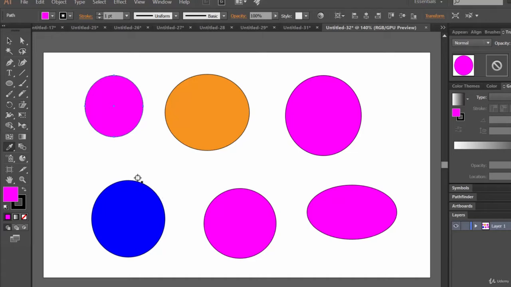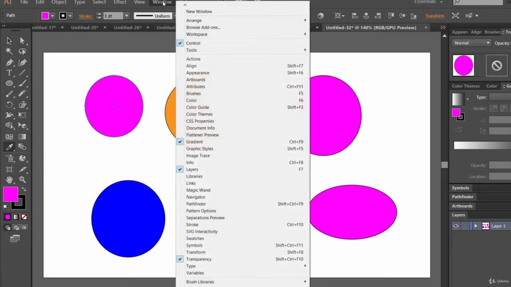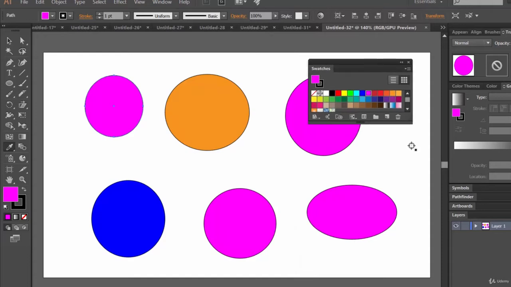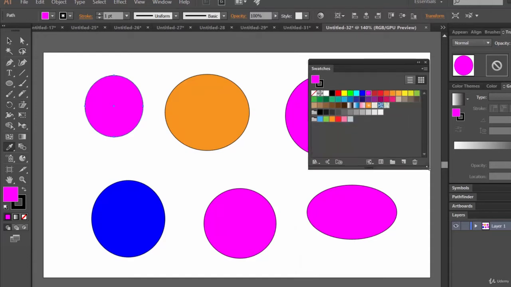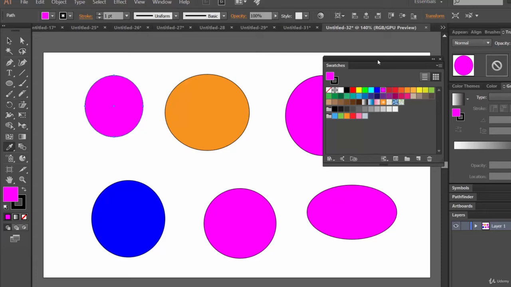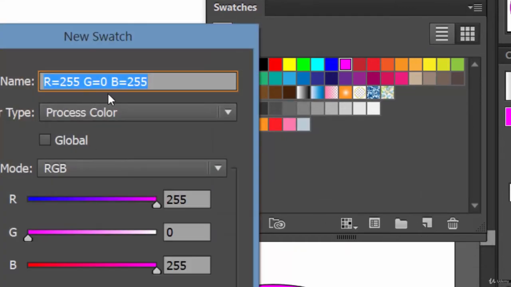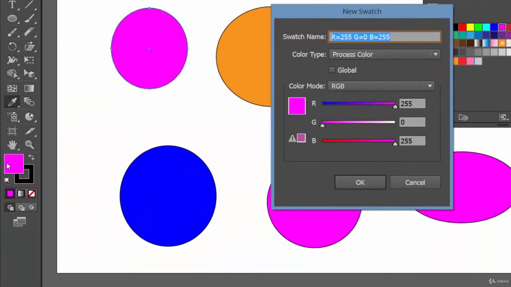Now let's just go to the window menu and make sure the swatches panel is selected or open. Let's maximize it a little bit. And now here we have an icon which says new swatch. Let's click on it and see its color is this one, right?